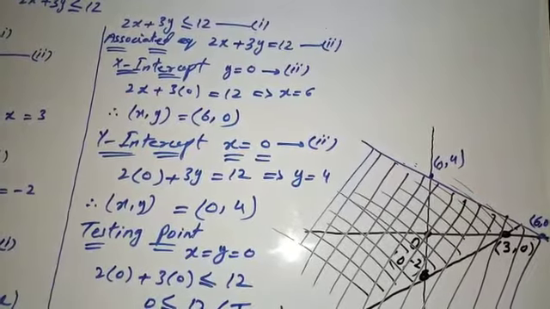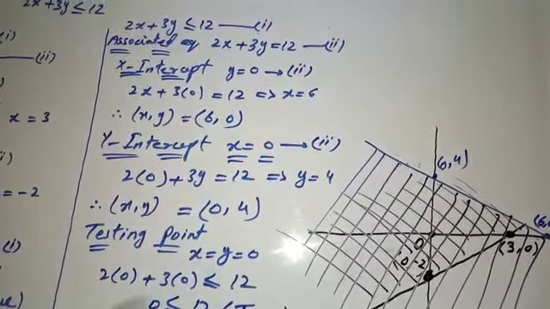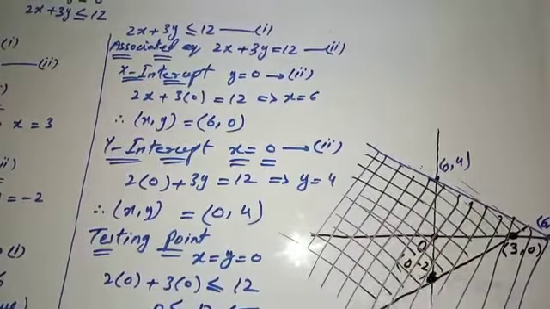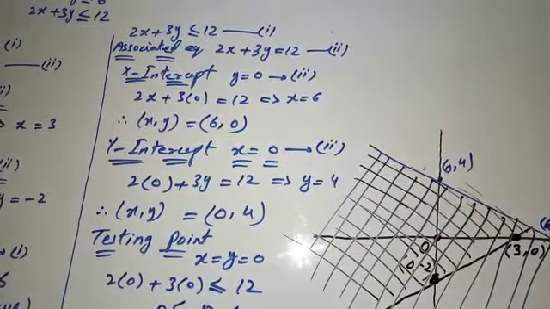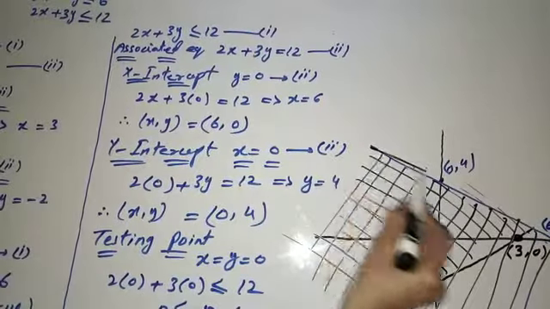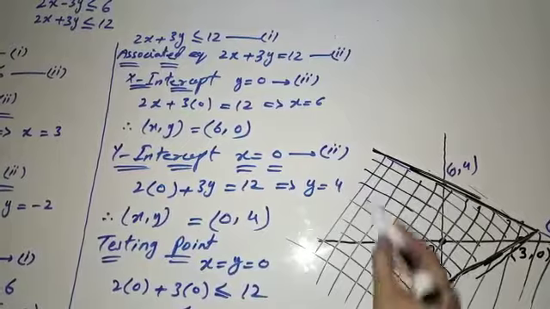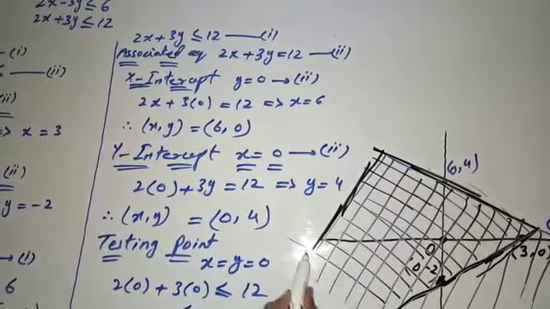Now which one is our required graph? The combined shaded area is our required graph, where these squares exist, right? The combined, this portion. This portion is our required graph.